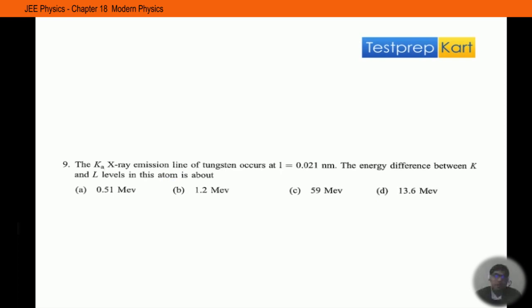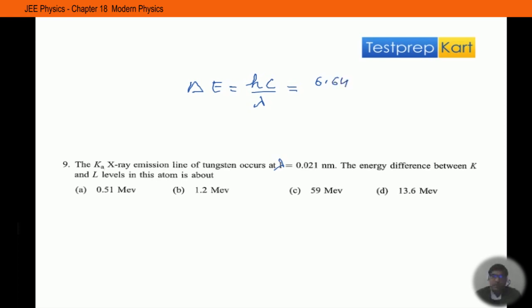Now next is Kα X-ray emission line of tungsten occurs at lambda equals 0.021 nanometer. Then the energy difference between K and L levels of atom. So it is a very direct relation that energy difference between two levels equals h into c over lambda, where h is Planck's constant, c is speed of light, and lambda is wavelength. So we can just put their respective values. Either if you want to put the value of Planck constant in terms of electron volt, or let me elaborate the complete procedure, that you can put